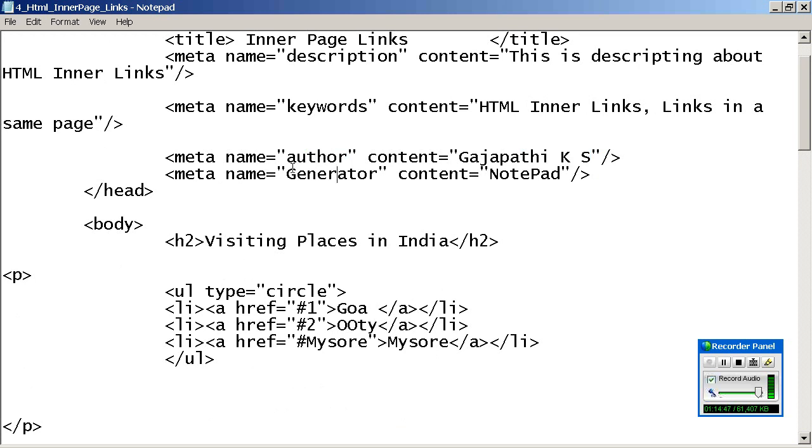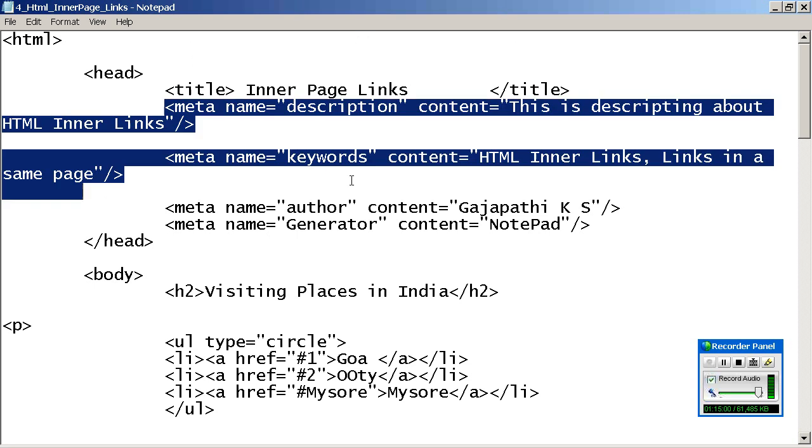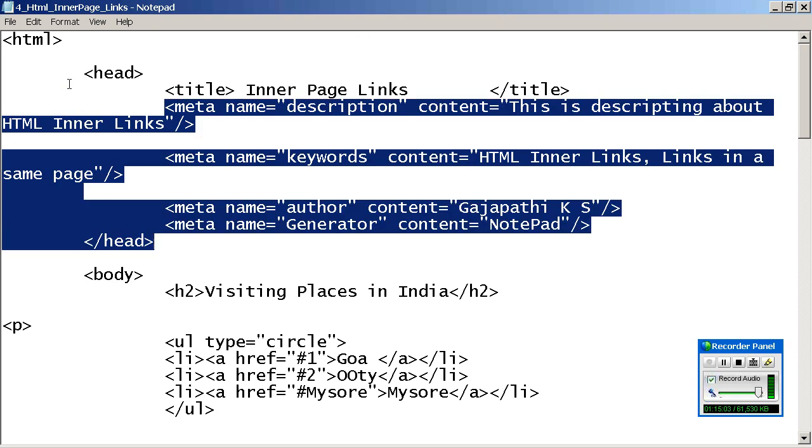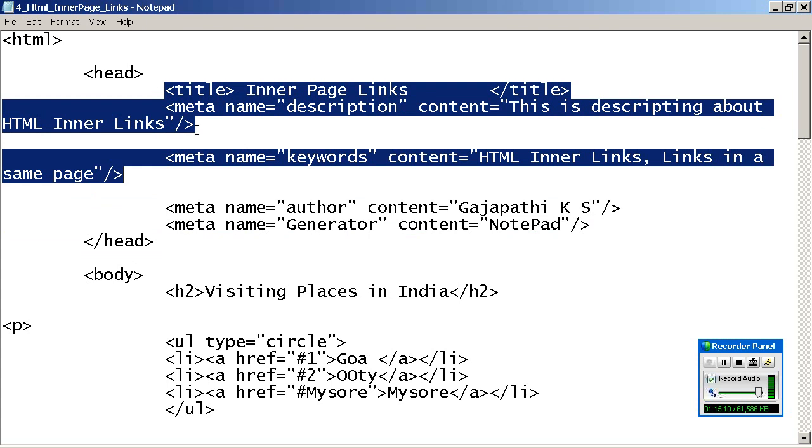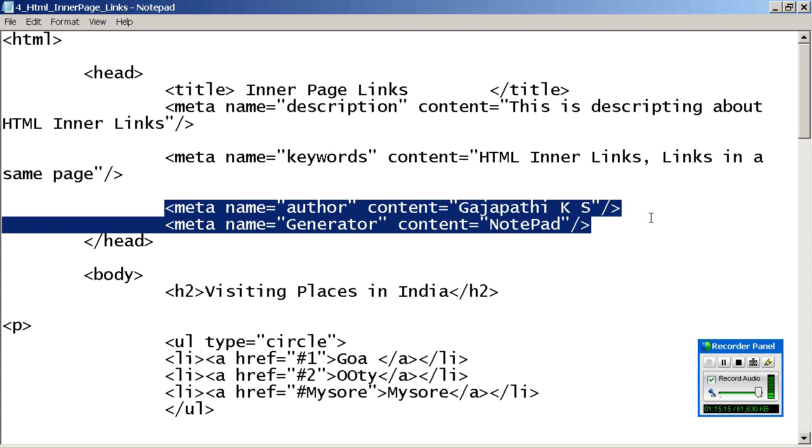Next, template development. In which tool have you done it? Notepad. Even he will try to do it in Notepad. Or if you would have used Dreamweaver or something, he will use that one. So for all references, even without this the HTML page will run. But what is the advantage of this? The title, meta description and keyword will be useful in helping out in Google search results. But these two are useful for better understanding about the product or for better communication between the old developer and the new developer. Are you understanding?